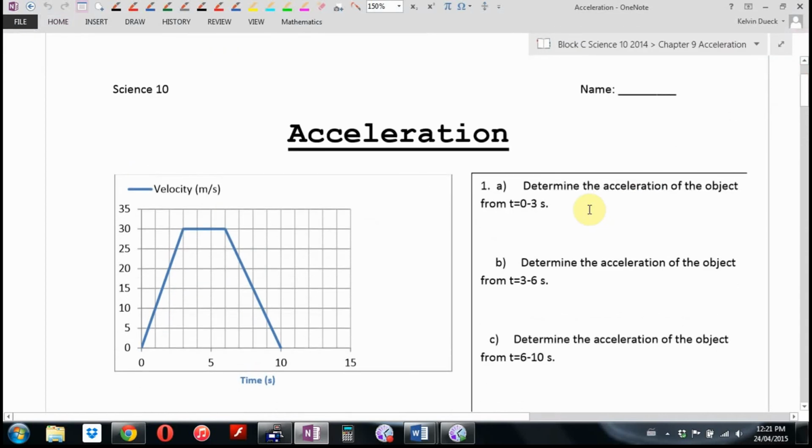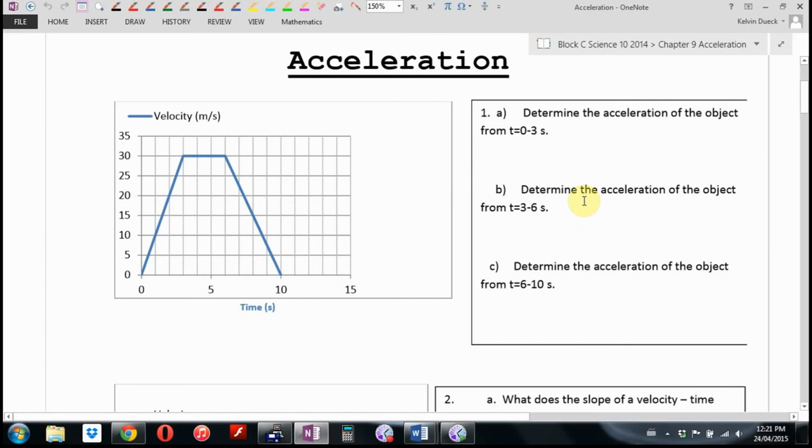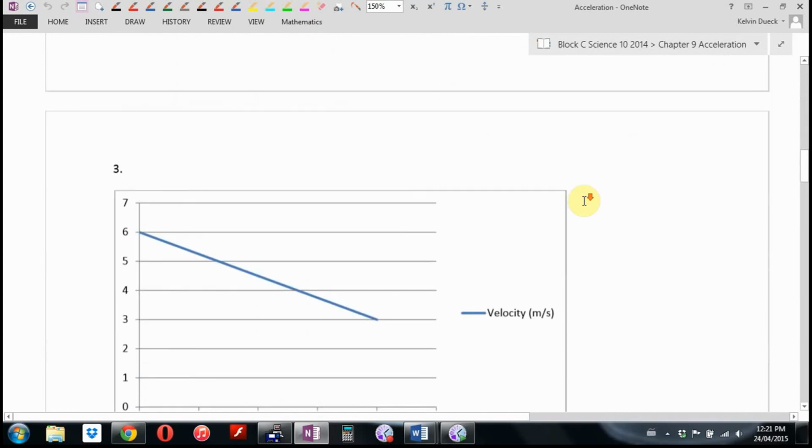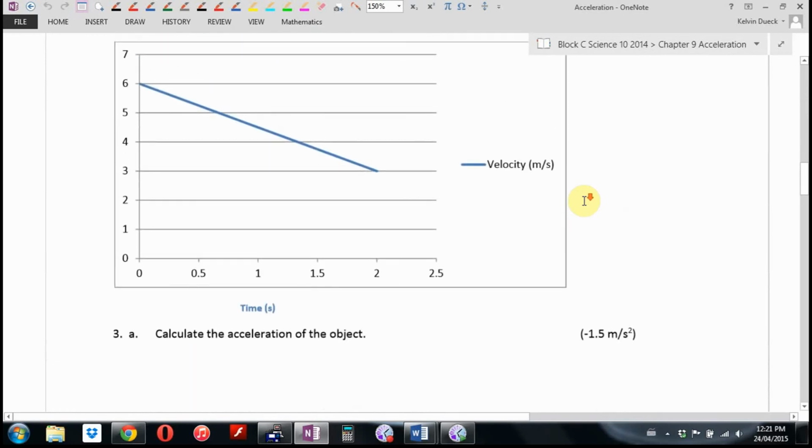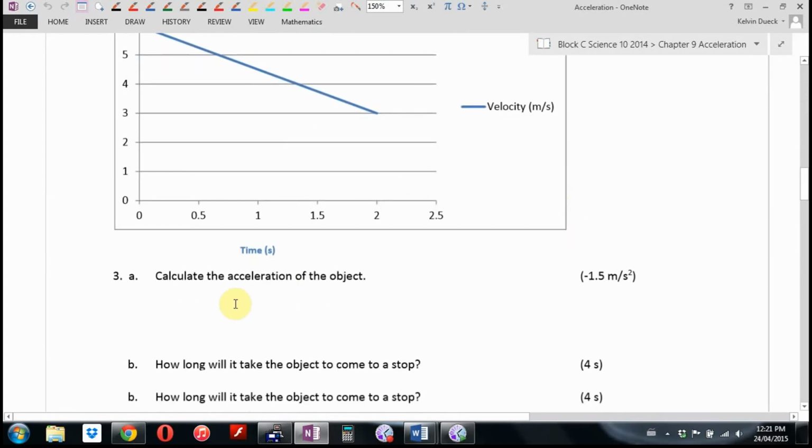that you might be asked to deal with for velocity versus time graphs. So you should be able to find the acceleration. Hey, where does acceleration appear on a velocity time graph? Slope. Then I'm making it a little bit more difficult when you get to number 3. Once you calculate the acceleration,